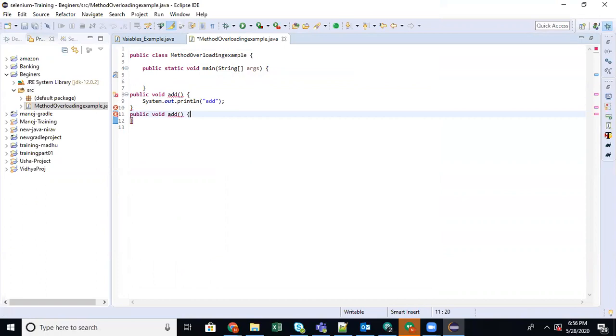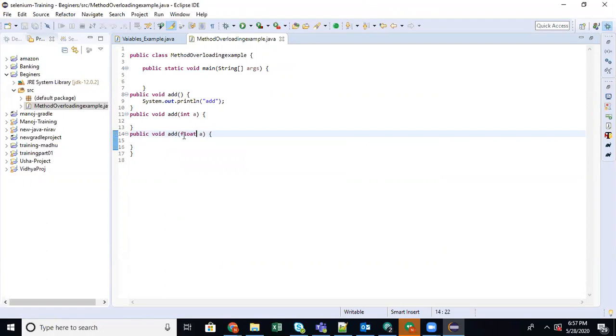You cannot have the same duplicate. Either you should have a different signature, here there is no argument, so you can have an argument, or you can create the same name with one argument but the type should be different. Either of these you can do. This is called method overloading: creating multiple methods with the same name, but differing in the type of argument or number of arguments.